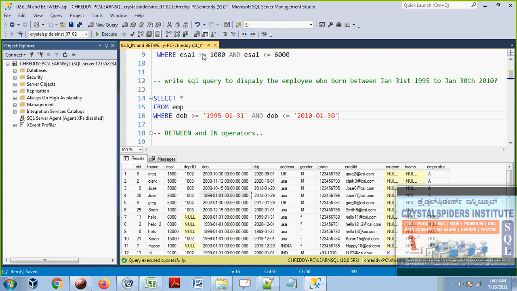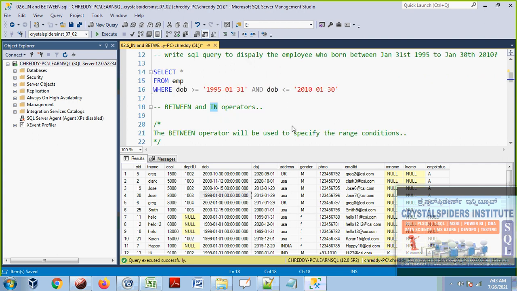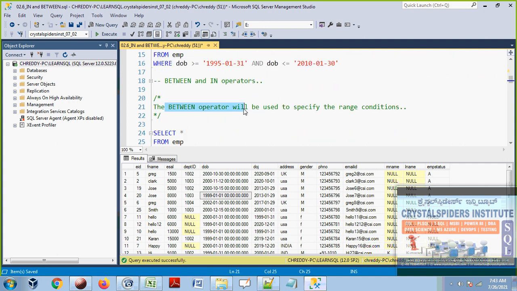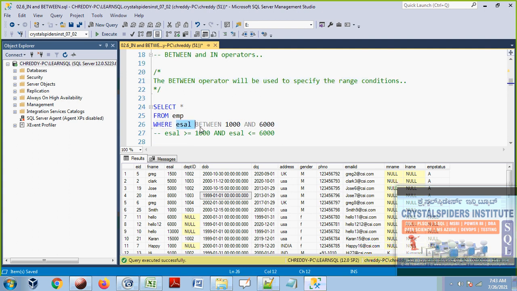So instead of specifying the range conditions like this, we can also use the BETWEEN keyword and IN predicates without any confusion. The BETWEEN operator will be used to specify the range conditions. See that? Employee salary between 1000 and 6000. This is similar to this condition, salary between 1000 and 6000. This is absolutely equal to this one, guys.